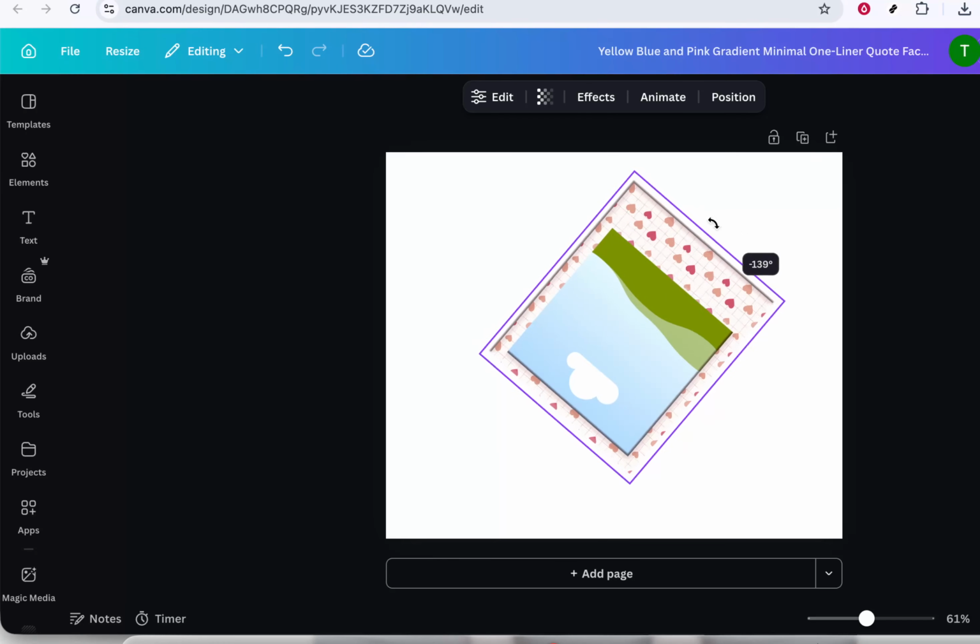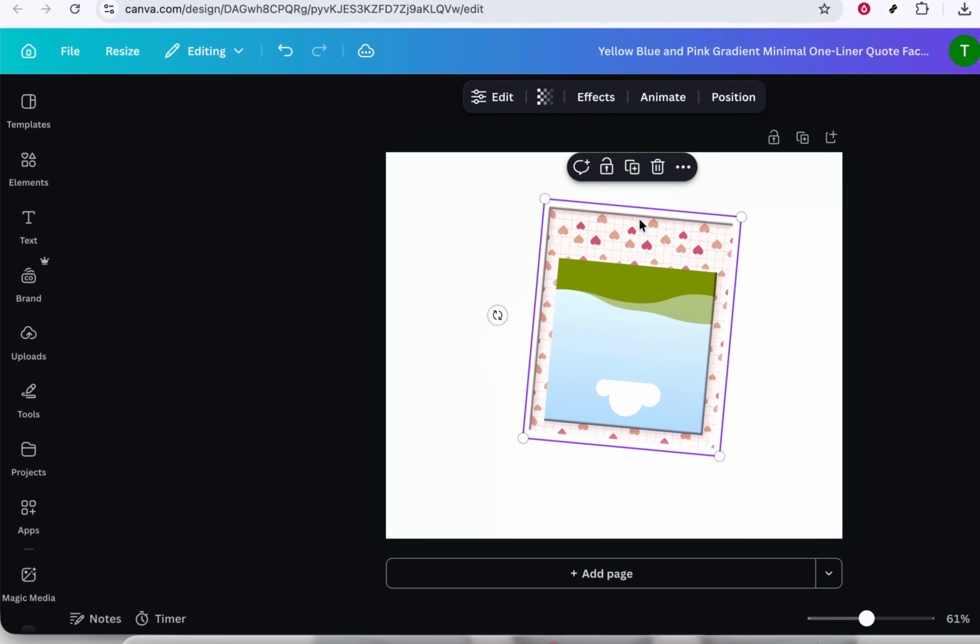Next, look for the rotate icon. In Canva, this appears as a small circular arrow attached near the edge of the selected element. It's usually just outside one of the corners of the bounding box. Move your cursor over that circular arrow, and you'll notice the cursor change to indicate that you can now rotate